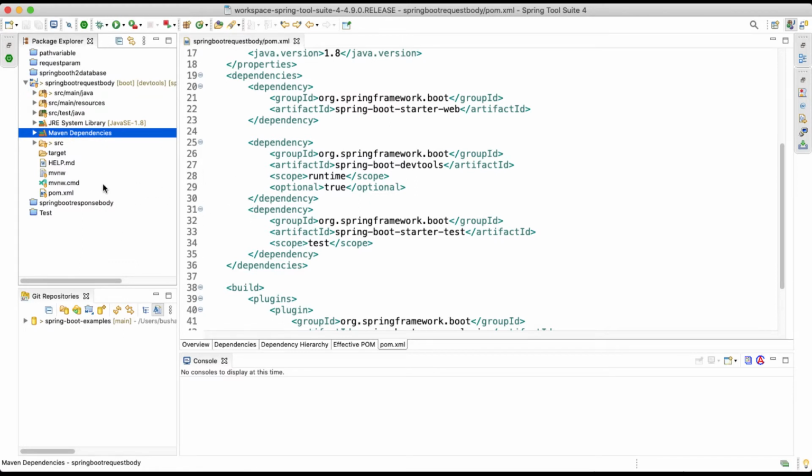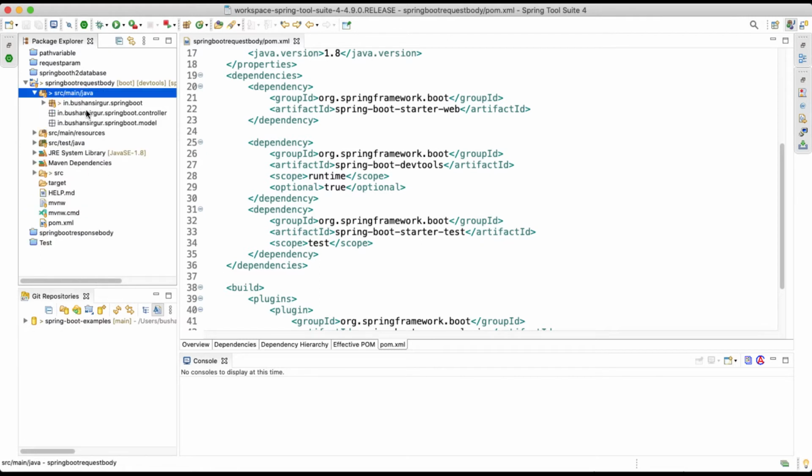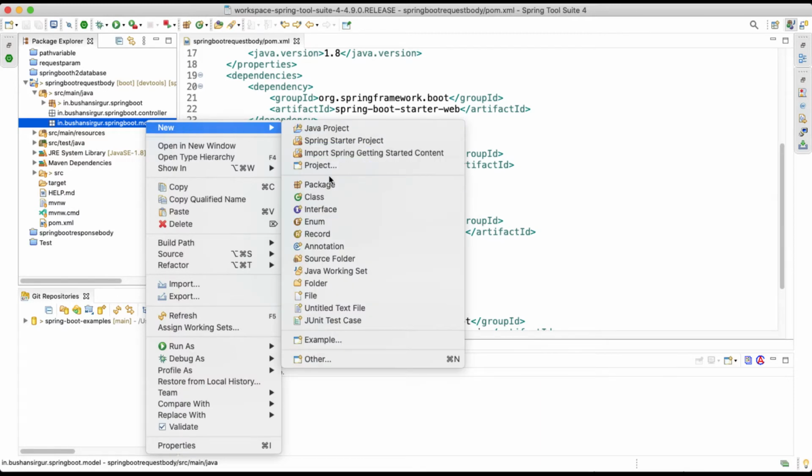Now let's open src/main/java. Inside this we have two packages, the controller package and the model package. Inside the model package, I'm going to create a new class, User.